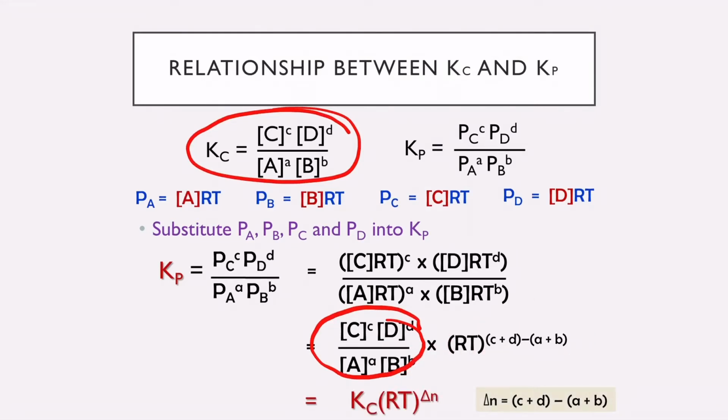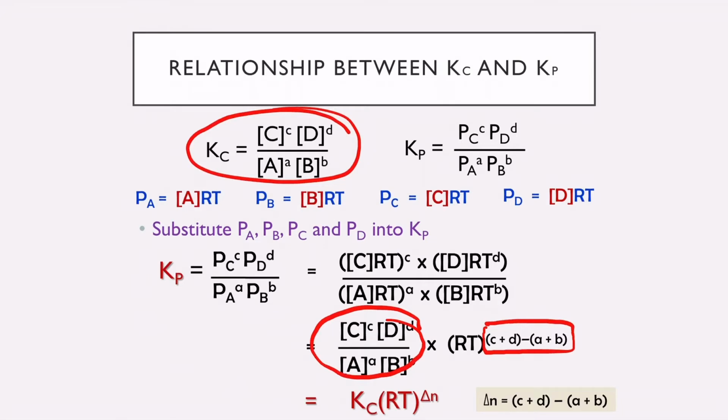So your Δn here, you get it because of what? The indices, right, we call this. So your C times the C in the bracket times this one, you will get plus, then minus because of this divide your reactants. So it's actually the number of moles for your product minus the number of moles of your reactant. Alright, so this is your Δn. So you can use Kp equals Kc(RT)^Δn when you either have your Kp or Kc and